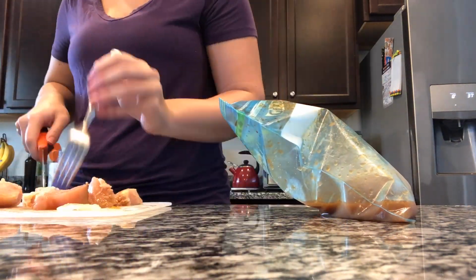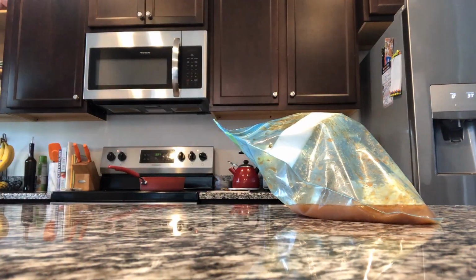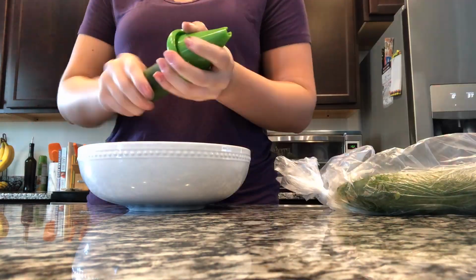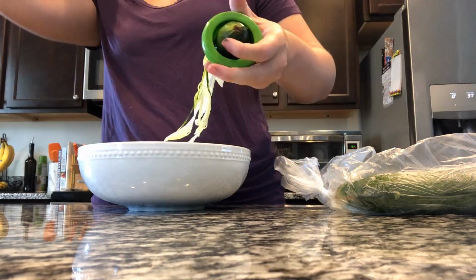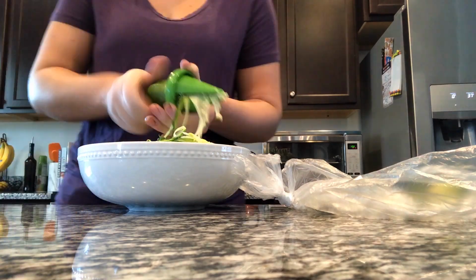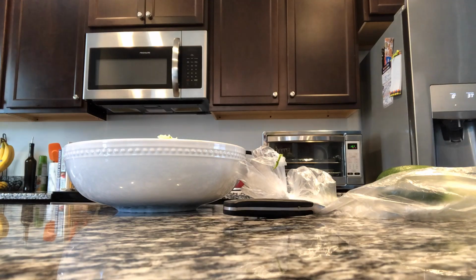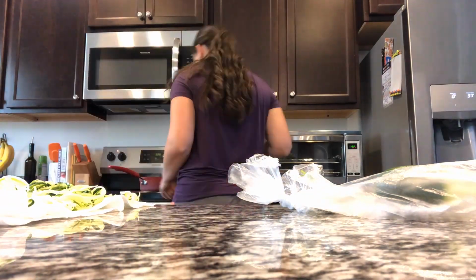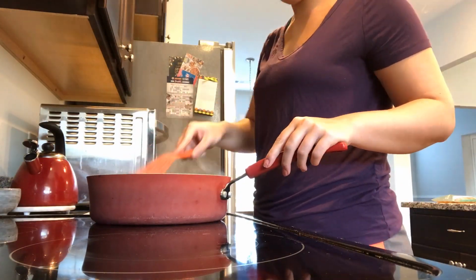Here I am working on dinner. So we are having a garlic butter chicken recipe, which I will link down below. It was actually supposed to be steak, but I went with chicken because we had it. It's served on a bed of zucchini noodles, so that's what I'm making right here. I have a huge zucchini noodle maker, but it is a pain to clean, so I like this little handheld one. I put them on some paper towels because they tend to have a lot of